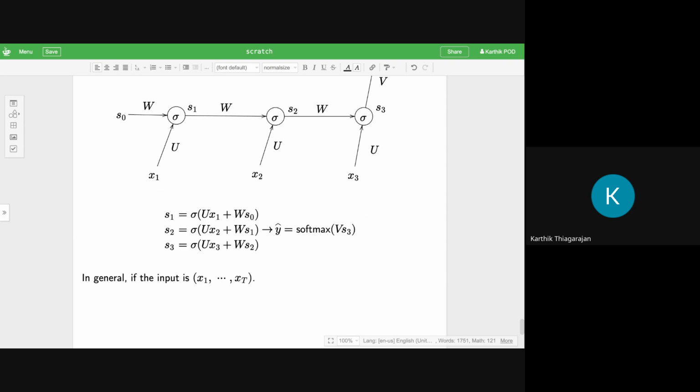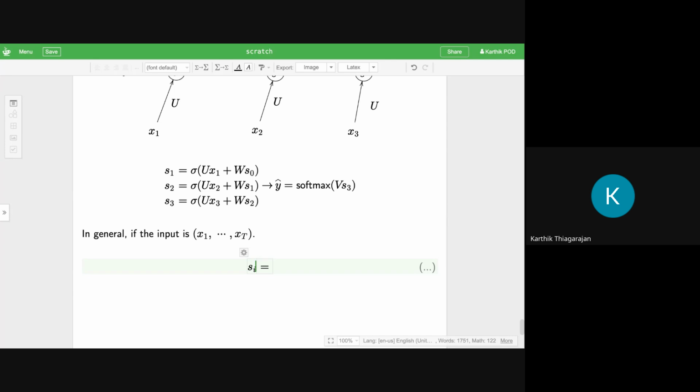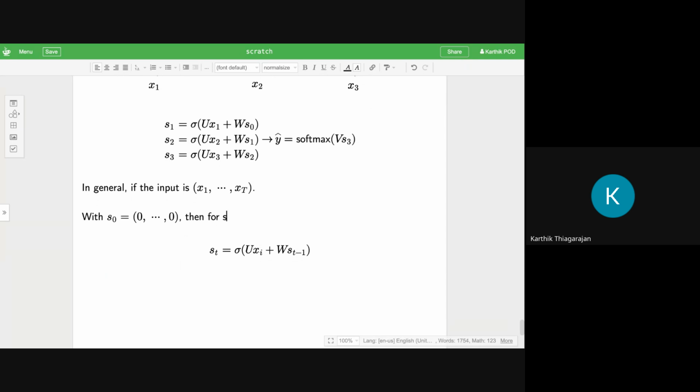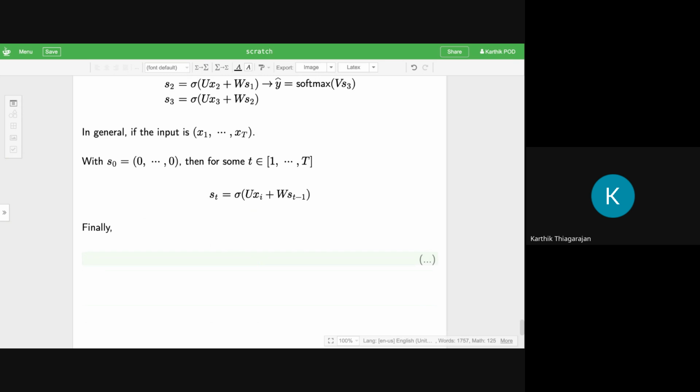So in general, if the input is x1 to xT, you can specify the state equations: at some time step t, S_t is sigmoid of U x_t plus W S_(t-1), with S_0 equal to, let's say, 0. This is one possible initialization, all zeros. Then for t from 1 to capital T, you get S1, S2, till ST. Finally, at the last time step, if you want to make a prediction using the last state vector, you will do softmax of V S_T. That will be y hat, and the loss will therefore be, if you are using